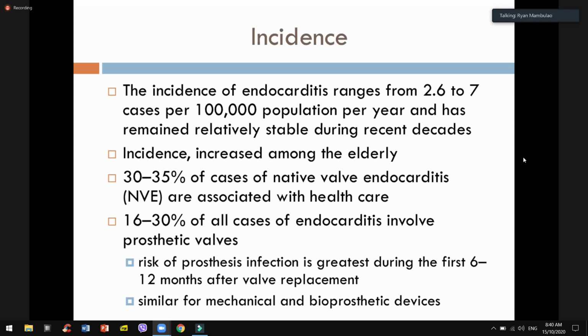Okay. So, pag prosthetic valve, it's about 30%. Pag native valve, it's about 35%. Okay? Pag prosthetic valve, usually within 2 months after surgery. So, pag mangyari yan within 2 months, ibig sabihin,